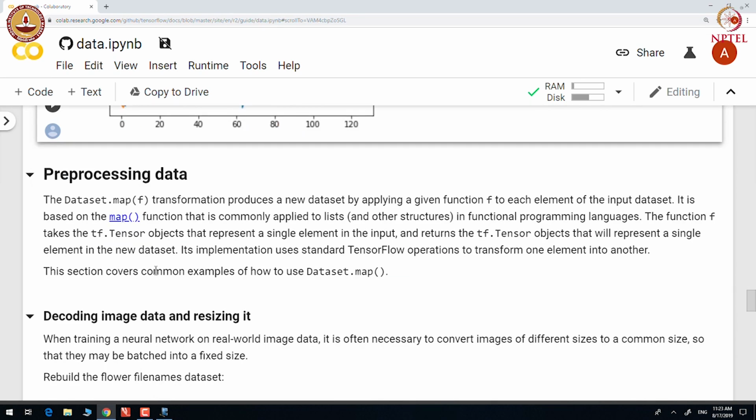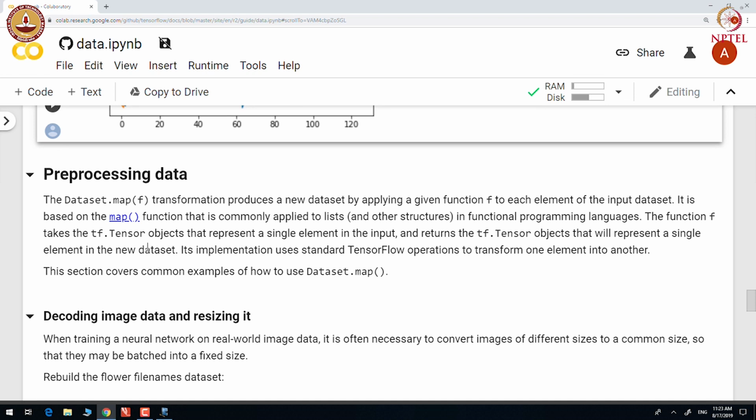Another important step in data pipeline is pre-processing data, where we want to apply some function on each element of the data set. So, there are things like normalization or applying some kind of transformation on each element that becomes an important part of data pre-processing.